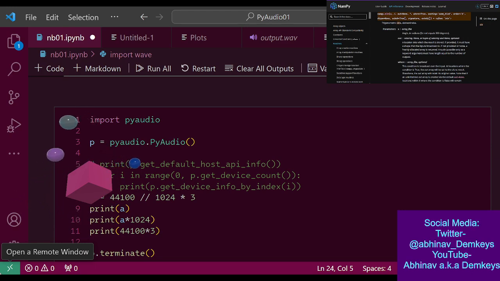Wait, so let's generate a new sine wave. Hold up. So the sine wave is 1 second. Okay, let's do 10. Yeah, that's going up and down as well.